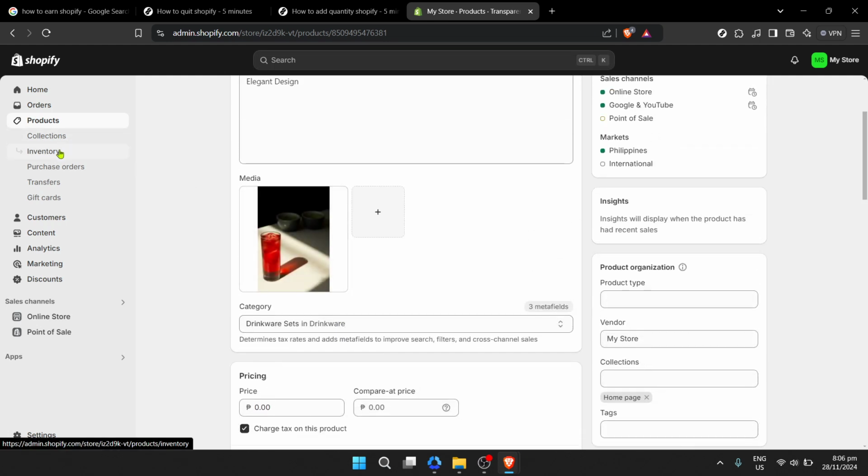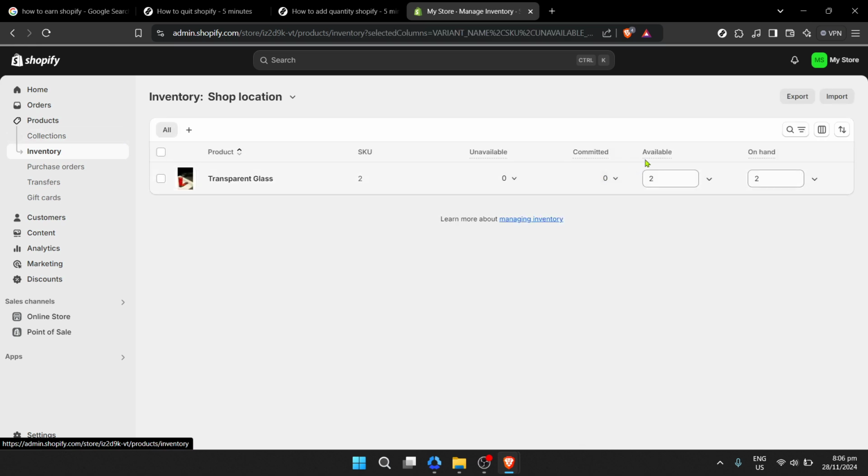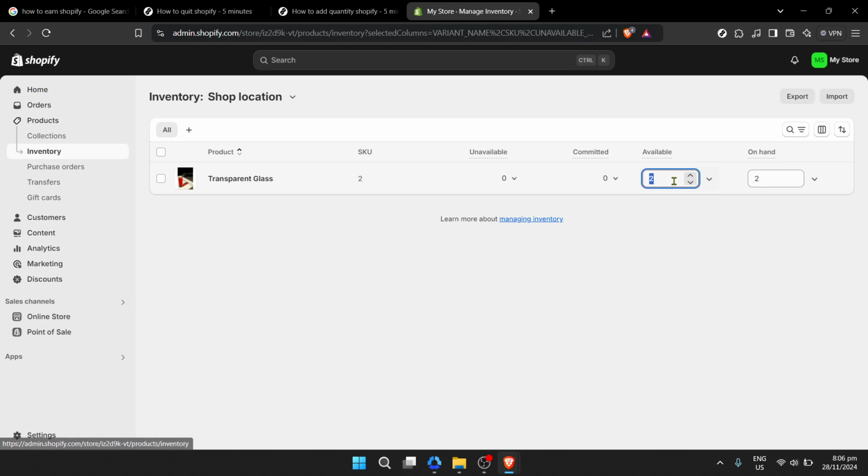Finally, once all changes are made and saved, it's always a good practice to go back to the products page and check the inventory. This step is to verify that all updates are accurately reflected, ensuring your inventory count is up to date. By doing so, you avoid discrepancies that might lead to overselling or underselling, which can significantly affect customer satisfaction. Throughout this process, remember, inventory management is key to the success of your e-commerce business.